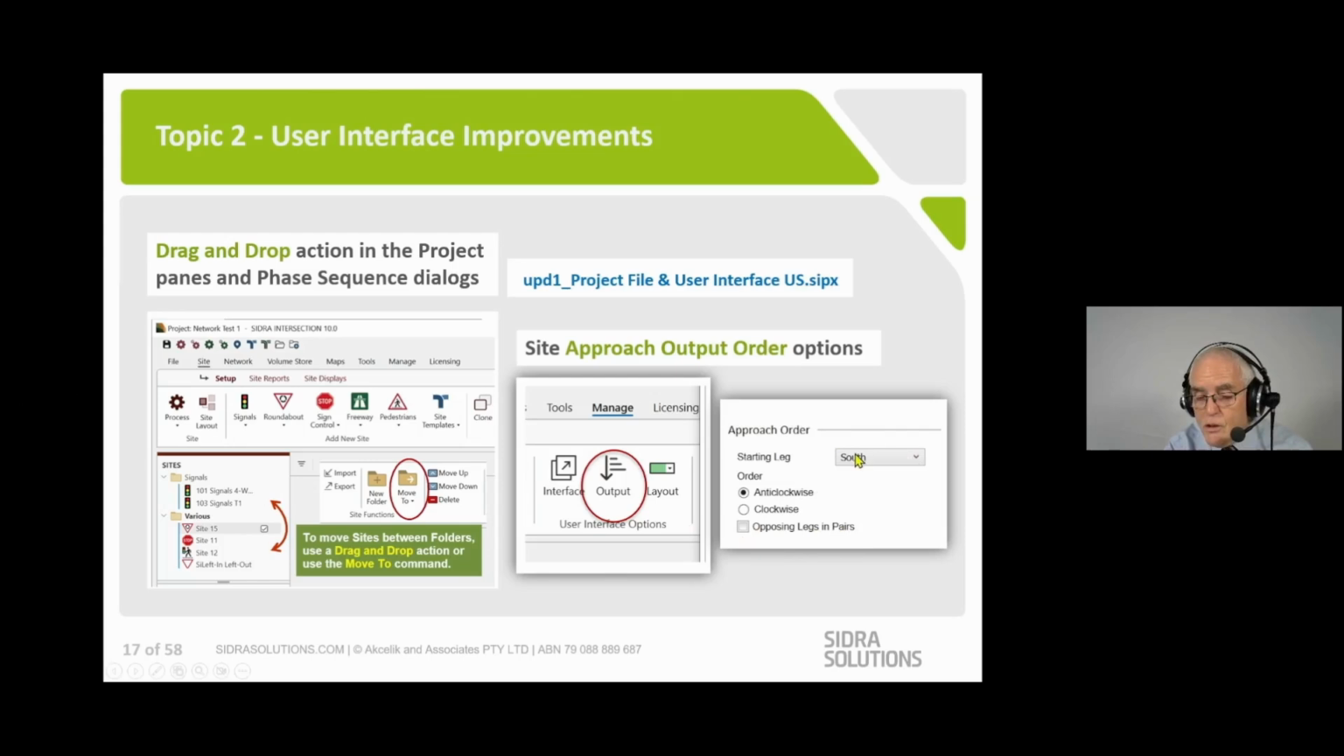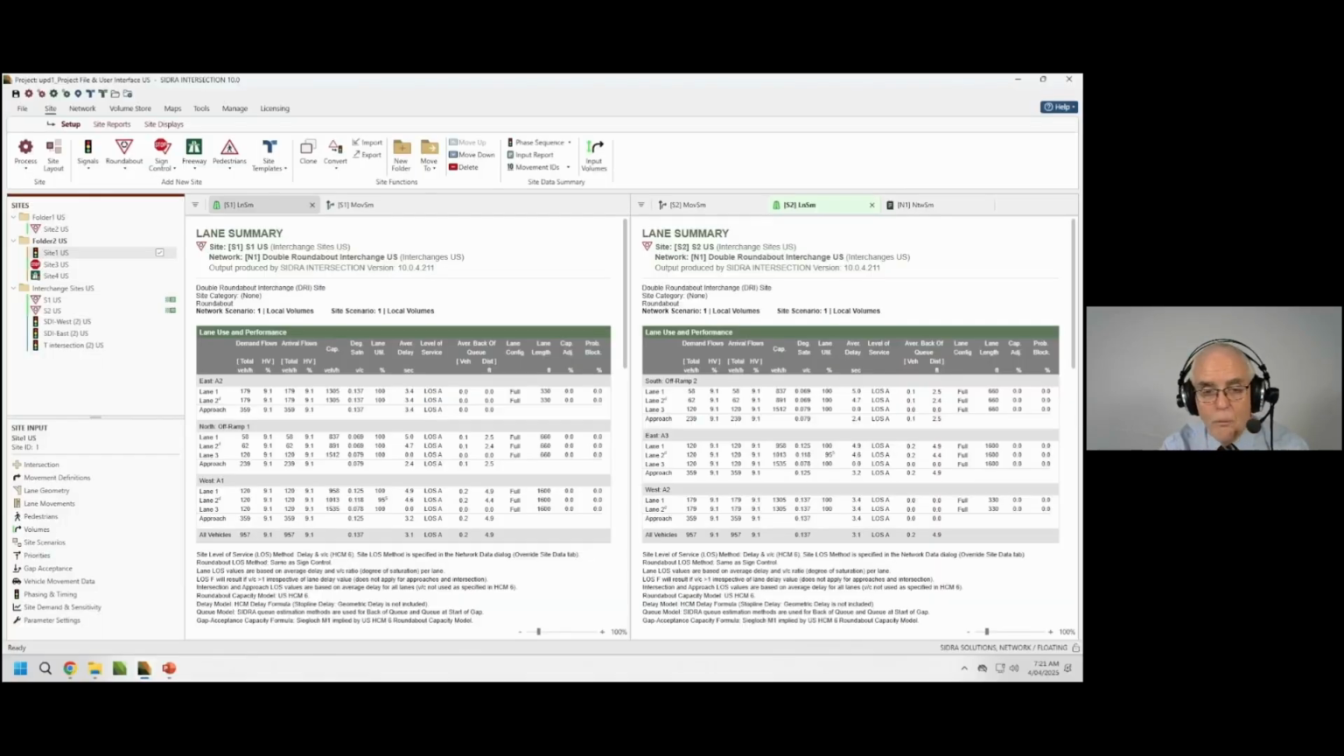But also the choice of starting south, north, east, west, wherever you like, will give you a lot more flexibility, and you may be able to get the order in the SIDRA reports to perhaps match other reports and other software that you use. So again, I think that's an important one to know about,